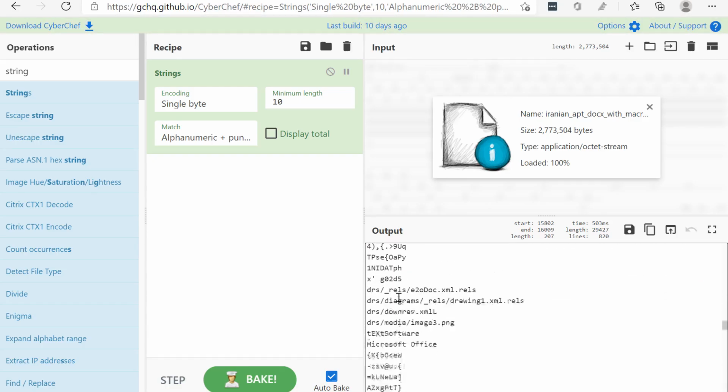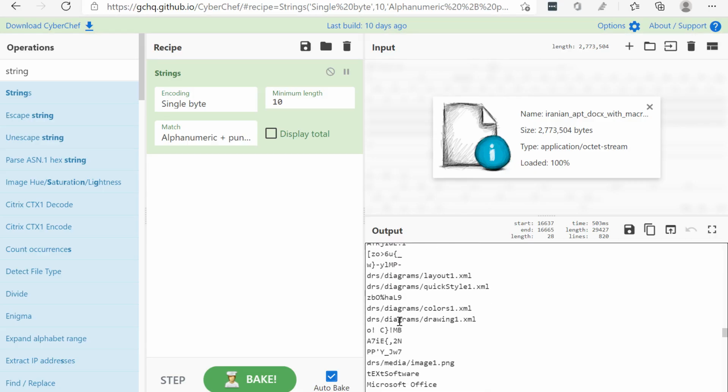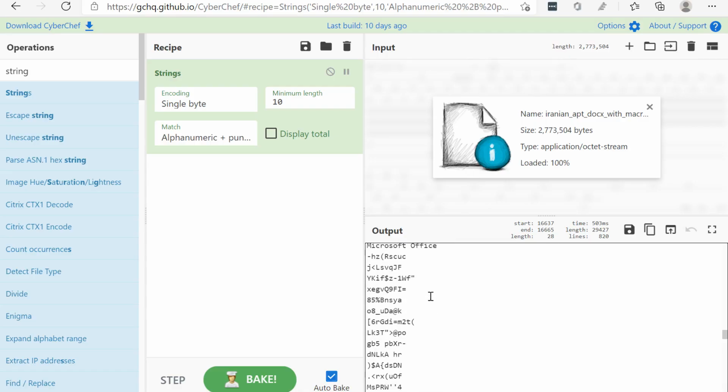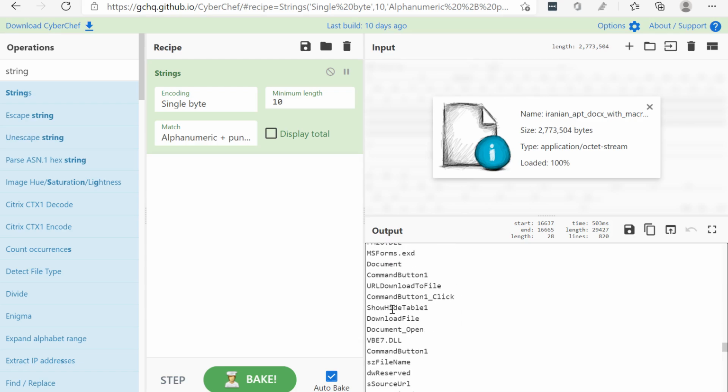We scroll through and see if there's anything interesting. We see pictures. We don't see a URL that we can access online. We don't see a link to a website, but we see just paths up here. Still nothing useful, some images and stuff. If we go a bit more,